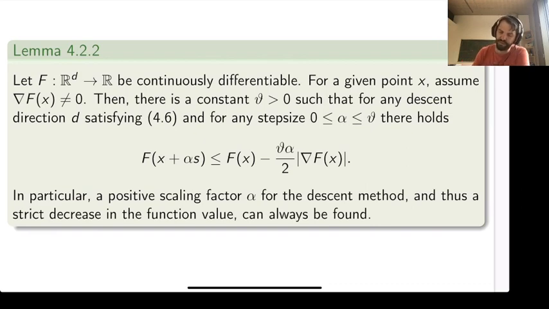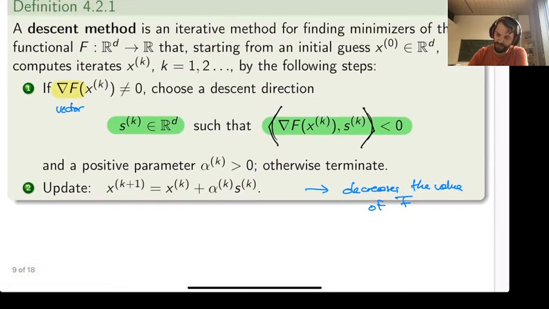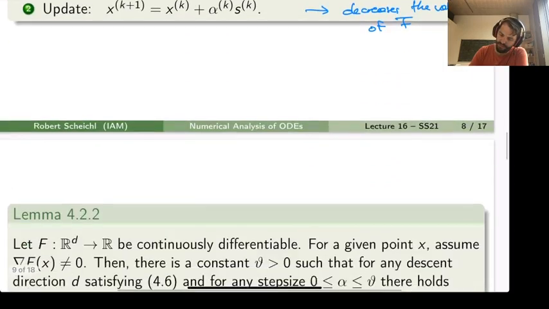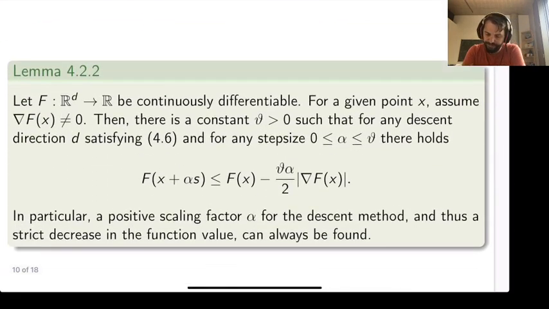Then there exists a constant theta greater than 0, such that for any descent direction d satisfying 4.6, and for any step size alpha between 0 and theta,